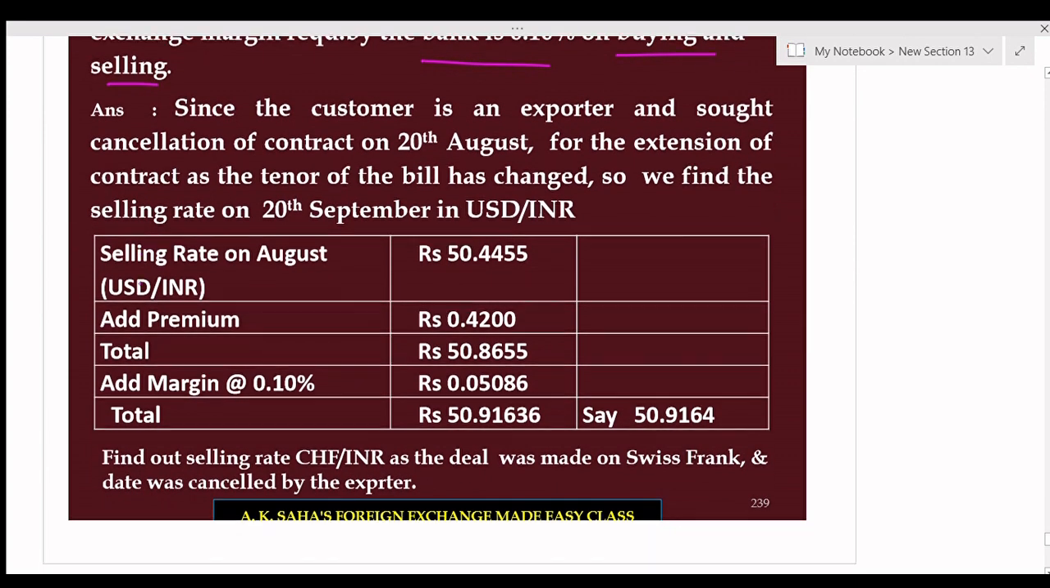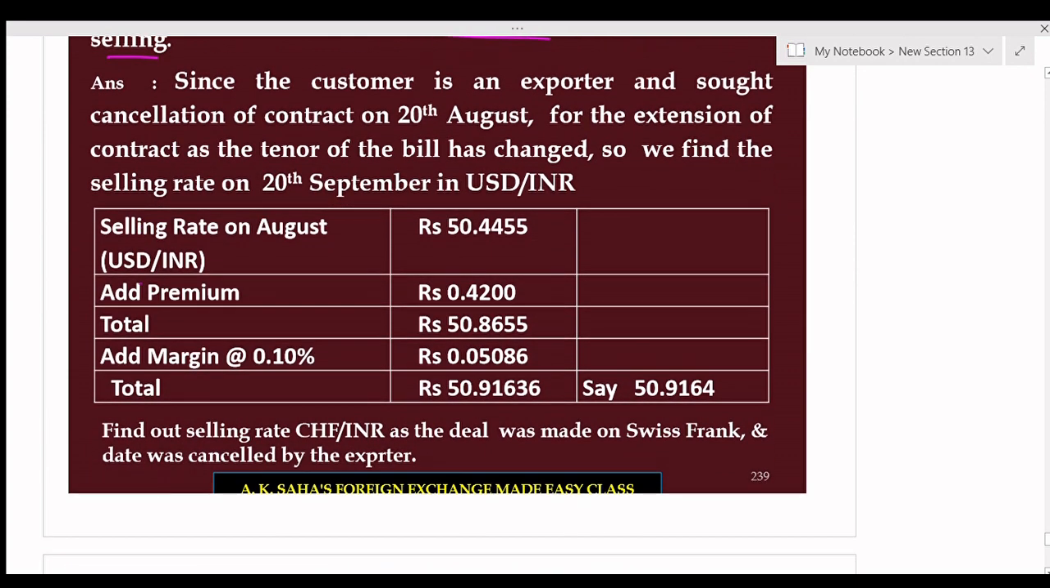Since the customer is an exporter who sought cancellation of the contract on 20th August for extension as the tenor of the bill has changed, we find out the selling rate on 20th September in USD INR. The selling rate on spot on August 20th is 50.4455 at premium 0.4200. Total is this. Add margin, since it is the selling rate. The total will be 50.91636,